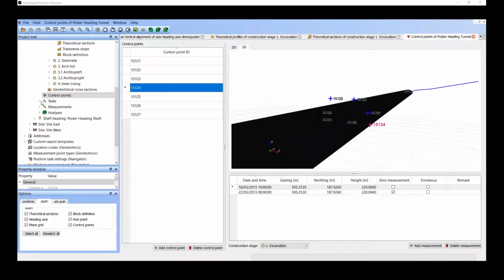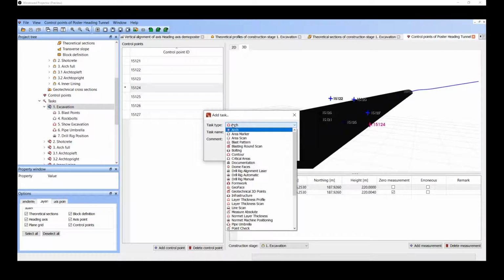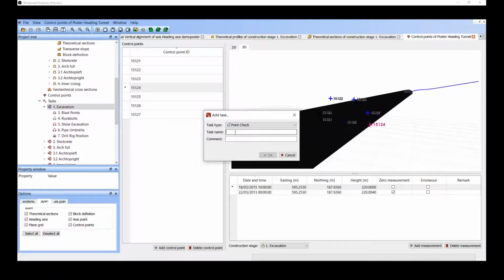And the last thing to do before we go to the tunnel is to define the tasks. So for each construction stage, I can define the tasks. So the things that I want to do or I want to measure in this construction stage. I already have some tasks here, but I will define newly the ones that we will need. So I will just create a task. And the one which is, I would say, the most basic, but also one of the most useful tasks is point check. I will just give it a number to have it in order, but you can call it whatever you want, basically. So I will call that check